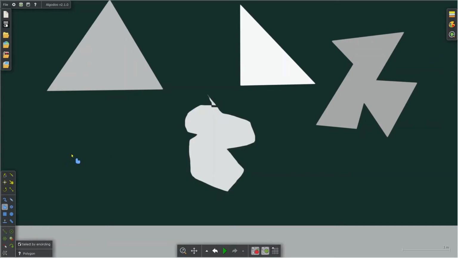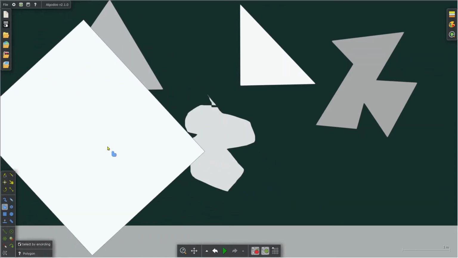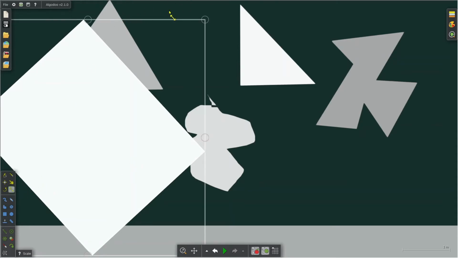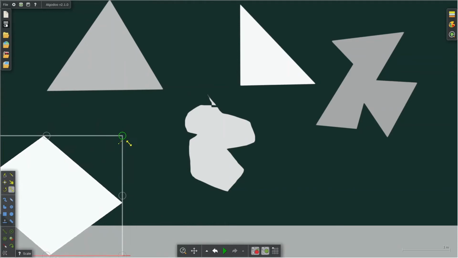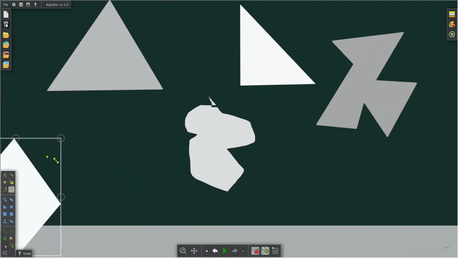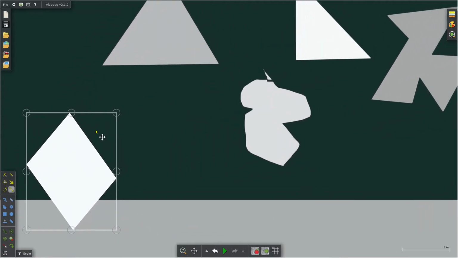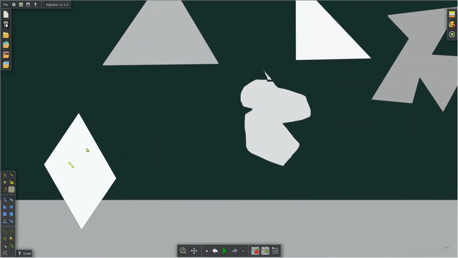In other words, with the polygon tool, I can make just about any shape. In fact, I could go ahead and make a square using the polygon shape. Let me resize that a little bit so we get this down. And of course, as you can see, I can make this into a diamond shape even. Look at that. And again, with the move tool,